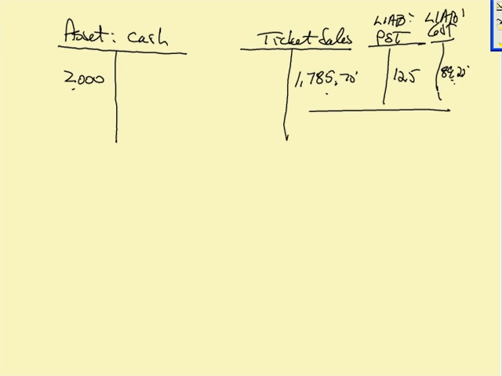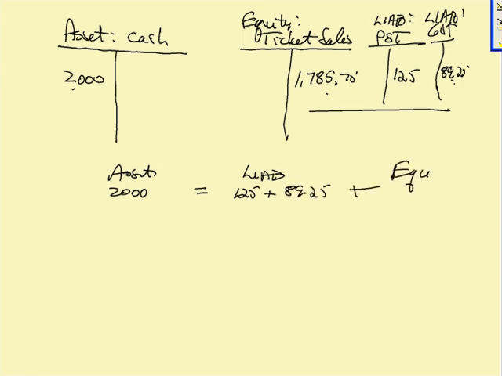And so we know that the ticket sales must be classified as an equity because it's not a liability. So this particular transaction shows an asset of $2,000, and that equals some liabilities to the government of $125 plus $89.25, and the equity of our sales,